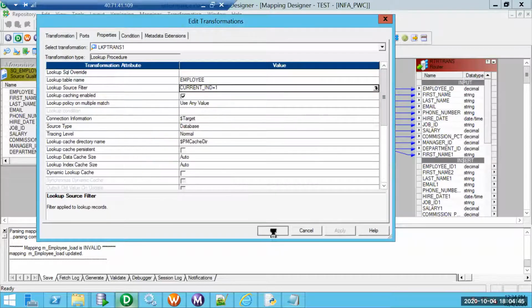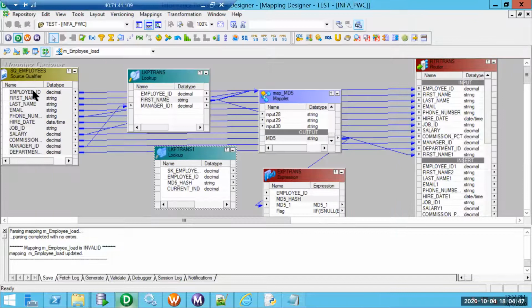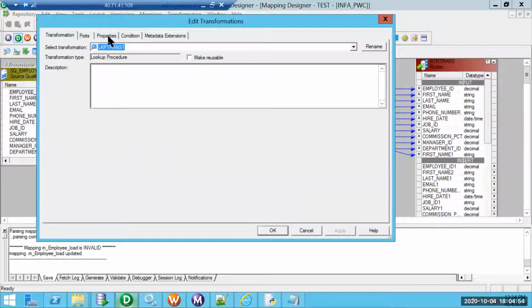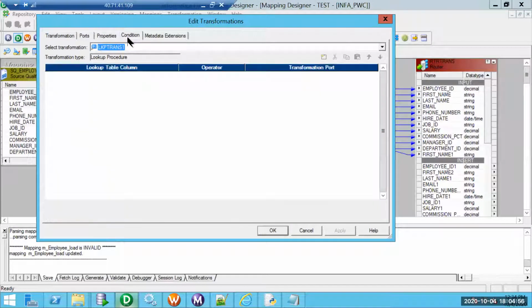I did not add anything from source. My source will not have the surrogate key because it is not storing history, so I cannot look up on some SK. I will still be looking up on employee ID and retrieve the SK. That is the same concept.